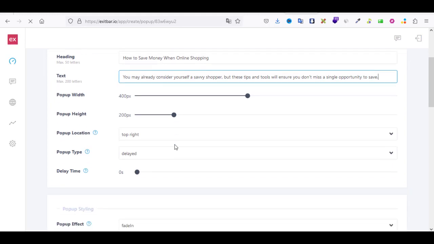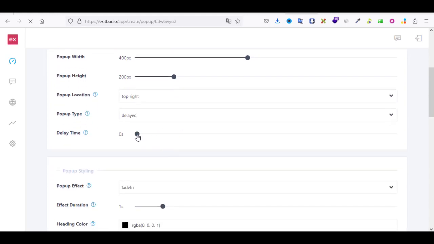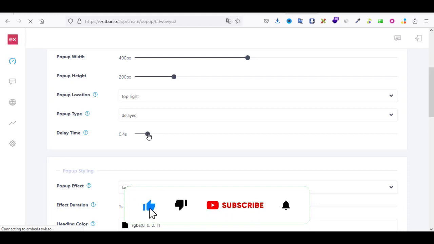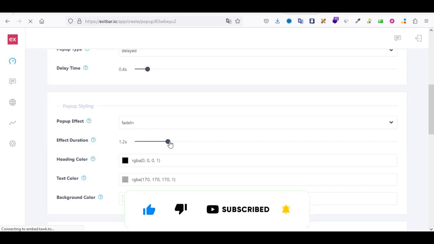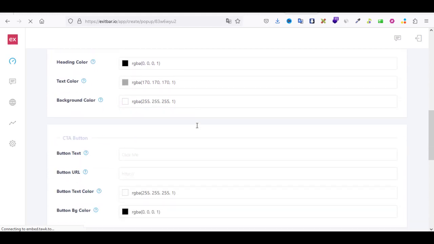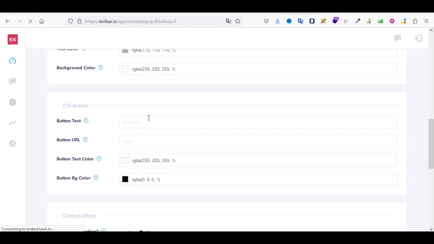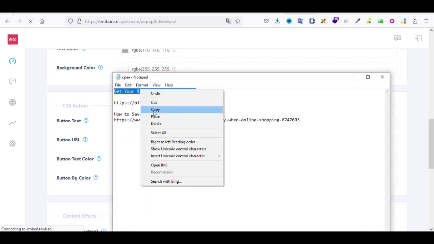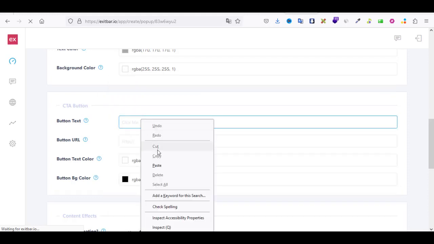I leave it as a simple pop-up. You can also use banner products display. We use it very well. The content is really important, and then click next step here because we need to go to the next step now. Here we need to add a title, so I'm just going to go back here and simply copy this